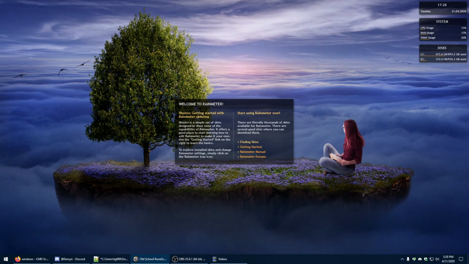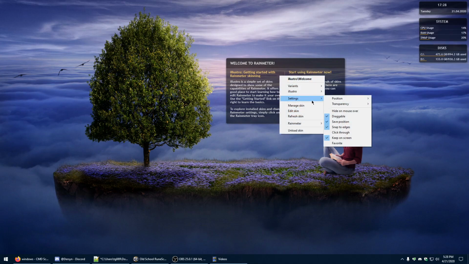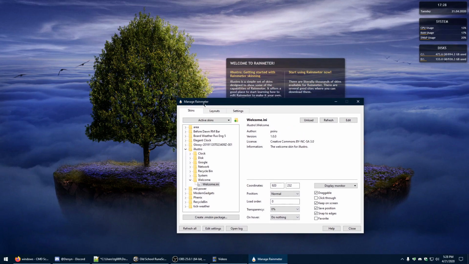But this is what you're going to be greeted with by default. And this is the default skin, Illustro. There's some really cool tools in here that you can use to start getting acclimated to Rainmeter. But what you can do is come down into your taskbar, wherever this little Rainmeter icon is, and you can right click and go into, actually I'm sorry, manage skins, and that'll bring up your